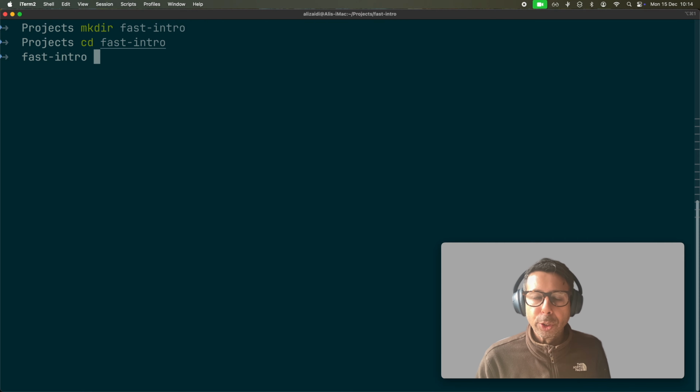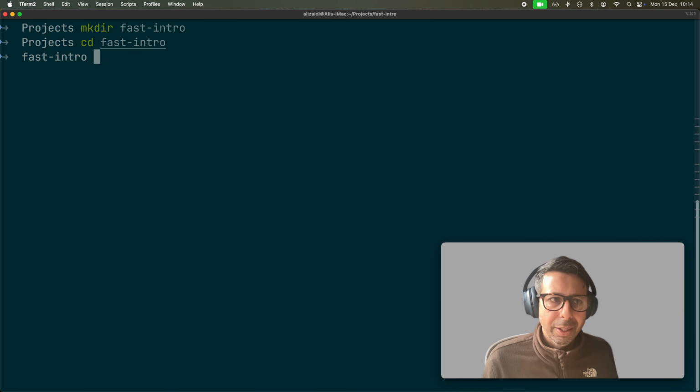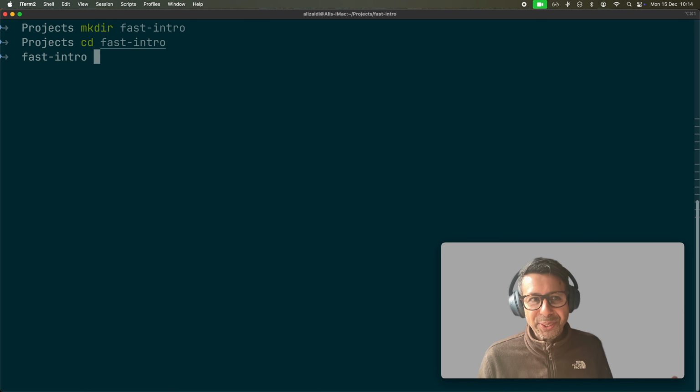So I'm going to use it to create a virtual environment, and I'm going to use it to manage all my dependencies. You can use other things if you like, using pip or venv or poetry. Please go ahead and use it. It's fine, it should probably work. I'm going to use UV